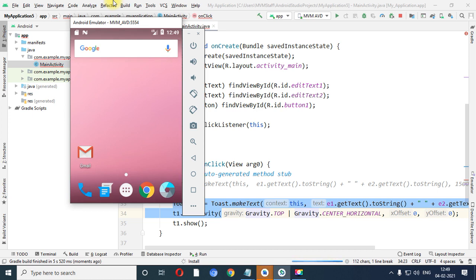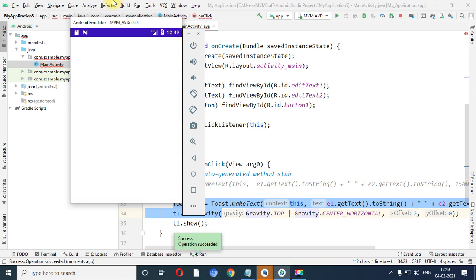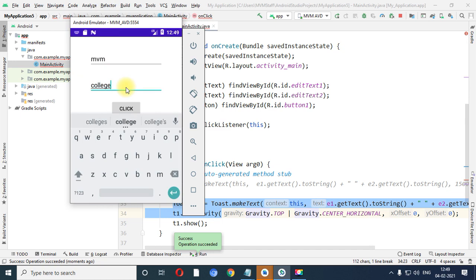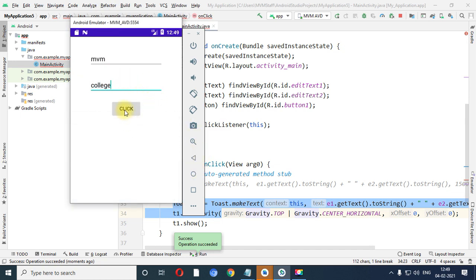Installing, launching activity. Input MVM in the first edit text and college in the second edit text. Now let me click on the button to see that on this particular location our toast is displayed, that is from the top and center horizontal, x coordinate center horizontal.